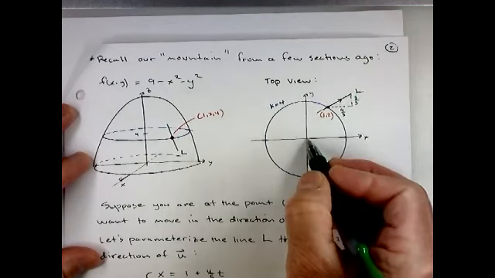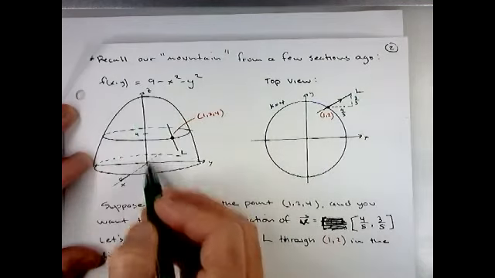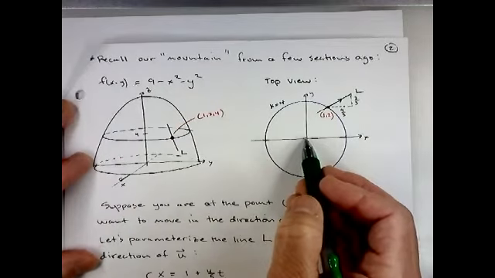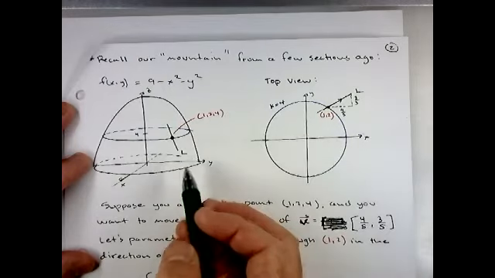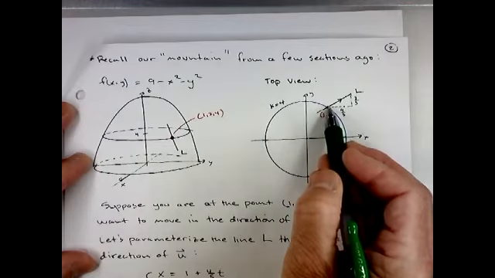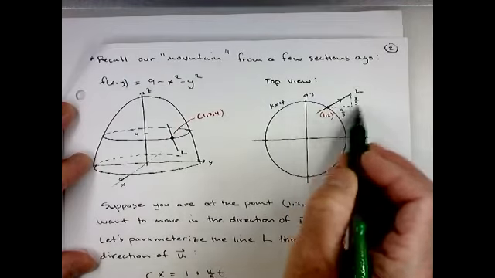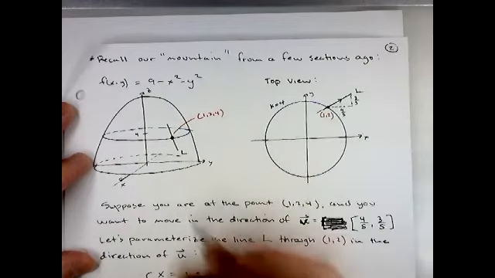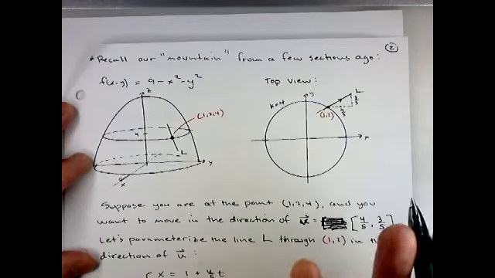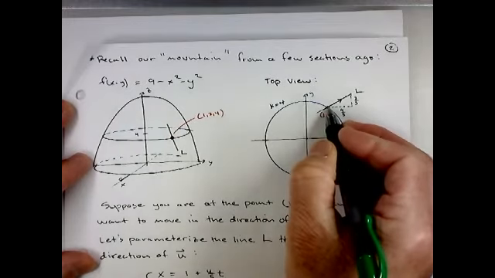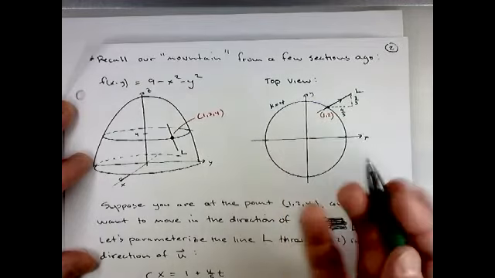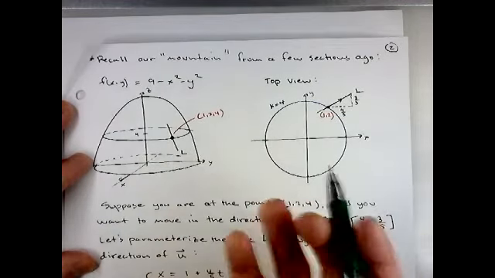Remember, the summit of the mountain would be right here, right over the origin. Now, with partial derivatives, what we talked about before, that's giving you the slope. If you want to find the slope in the x direction, from (1, 2), you would move in the x direction, along the positive x-axis. Whatever that slope is, that's what we mean by f sub x, your partial derivative with respect to x. And if you moved in the y direction, you could find the slope of your graph using your partial derivative